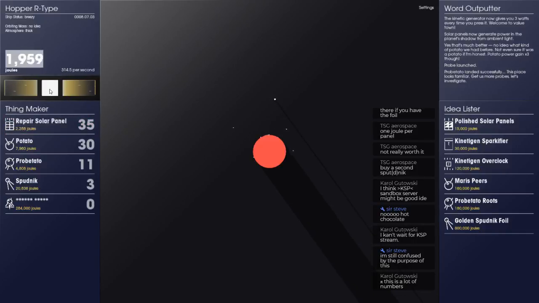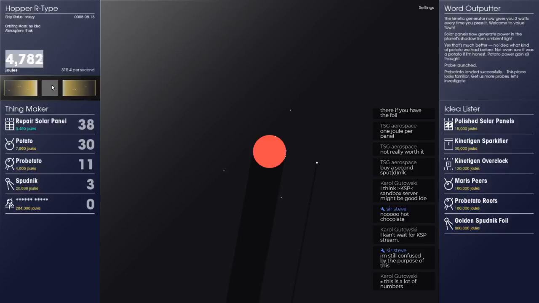So these things are all starting to get to about the same sort of price here. I reckon a 15 grand solar panel is going to be interesting. I don't think we'll ever actually get up there. Got a weird number though. I'm a little bit confused about where the weird bit came from. I'm still confused by the shakiness of the camera.